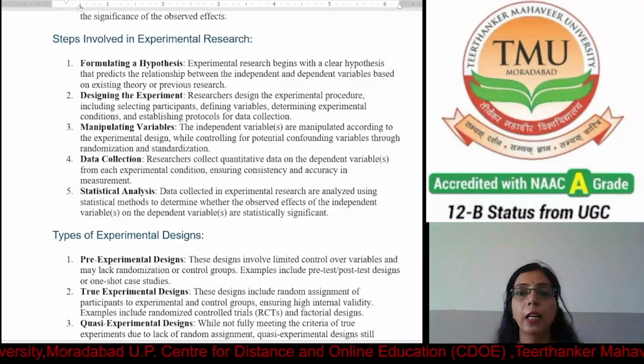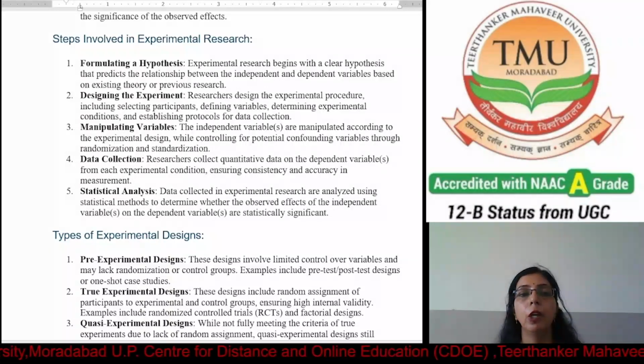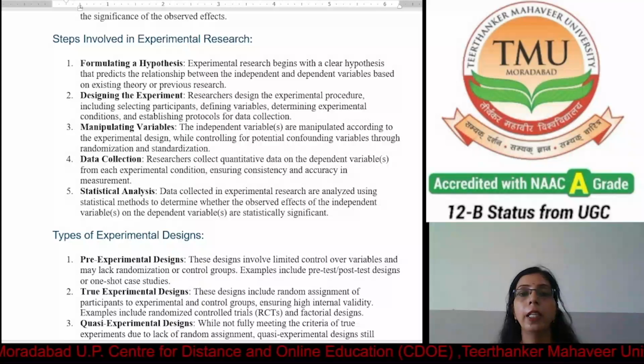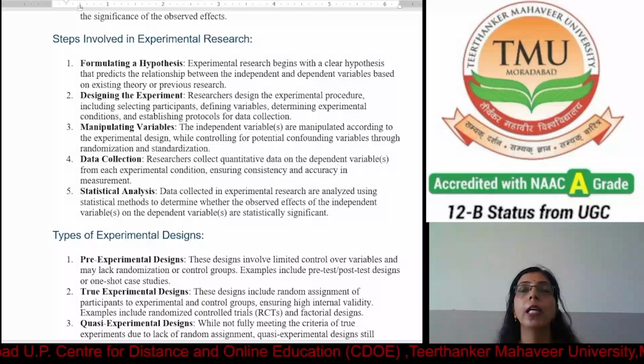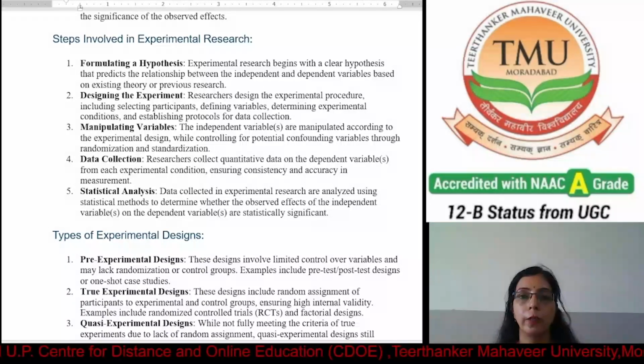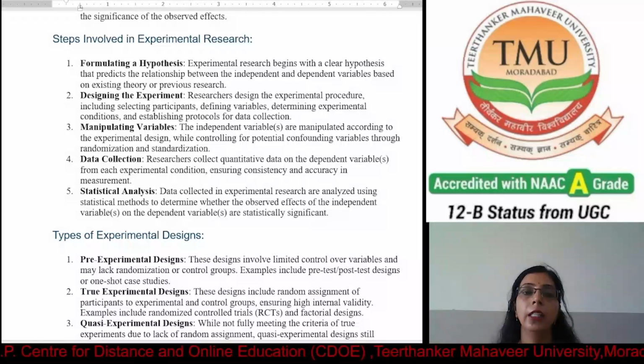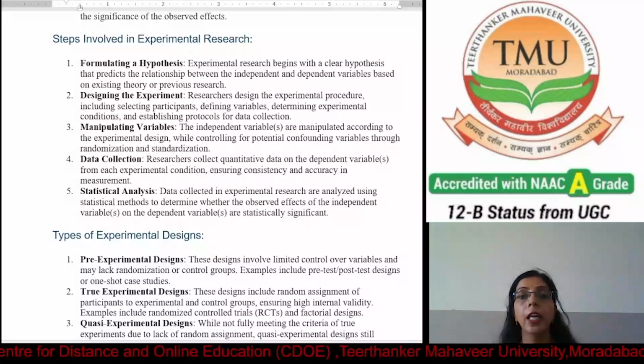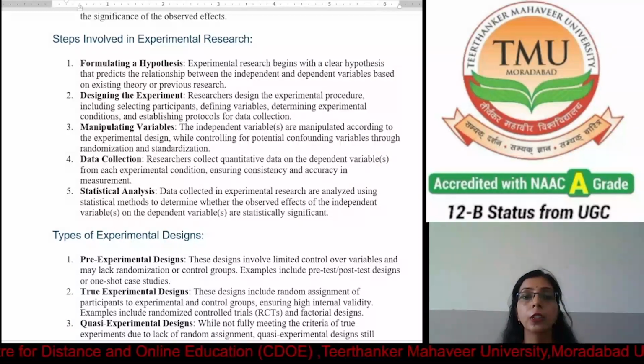These designs are very sophisticated, involving rigorous control and have limited practicability in educational settings. The researcher in educational setting may not be able to apply such rigorous controls. The reason being that the controls may take the researcher away from the reality, and in that case the conclusions of the experiment may not be generalized.